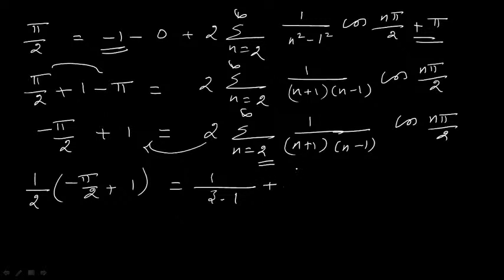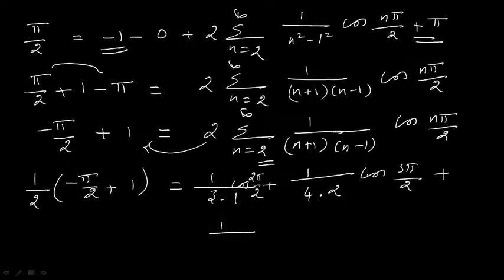Next, substitute n is equal to 3. 3 plus 1 is 4, 3 minus 1 is 2. Here you have cos 2 pi by 2. Here you have cos 3 pi by 2 plus, substitute n is equal to 4. If you substitute n is equal to 4, 1 over 4 plus 1, 5, product 4 minus 1, 3,